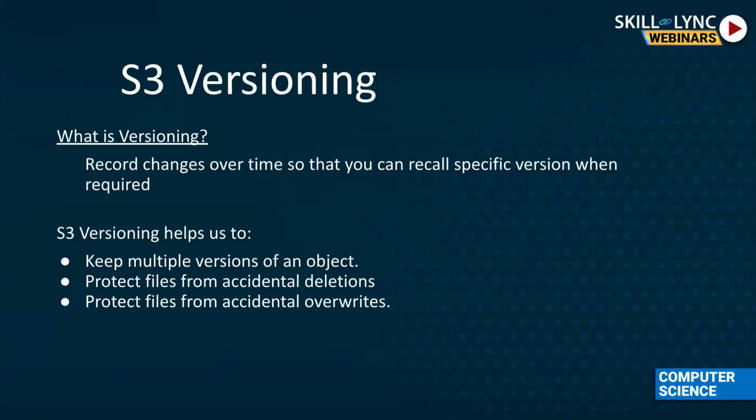That way, if due to some reason we do some accidental deletions of the existing code, we can quickly recover using our backup copy. The same way versioning is maintained across all levels. Versioning helps us to keep multiple versions of the same file. If a file is deleted for some reason, it helps us recover that file from accidental deletions. And if somebody overwrote that file, we can protect that file from accidental overwrites.